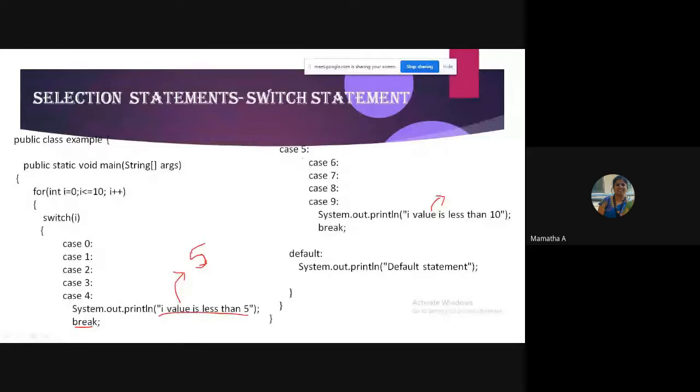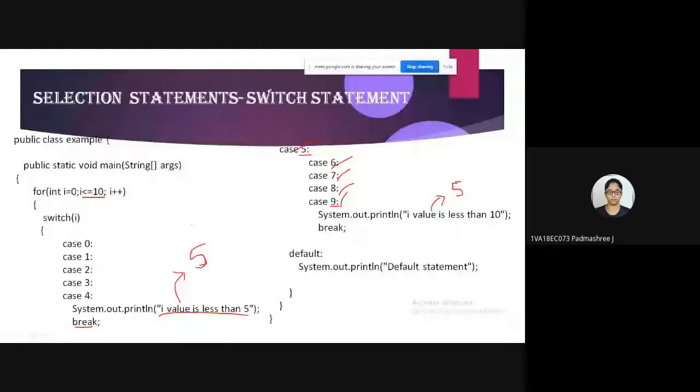Anyway, it is a typed mistake. So this will be printed how many times now? 5 times, for I value of 5, 6, 7, 8, 9. And you can see that it is I less than or equal, so it will also reach 10. So when it is 10, what will be executed?